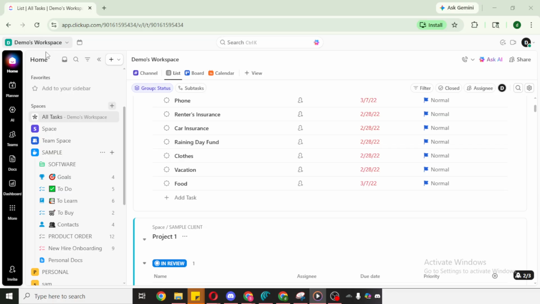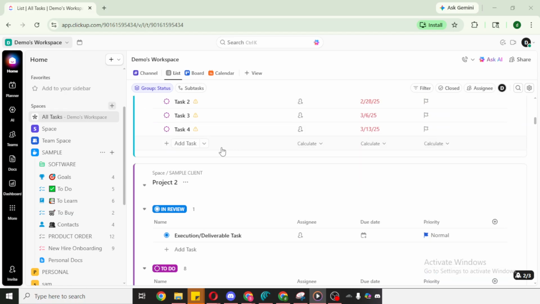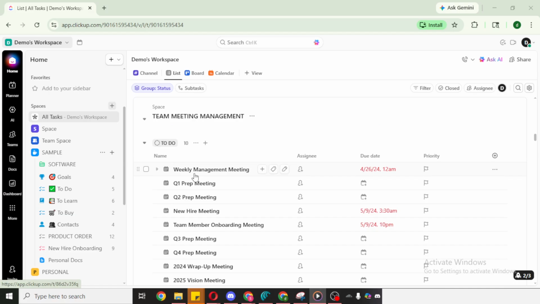Next, click into the specific project that contains the tasks you want to combine. In ClickUp, your tasks might be organized inside a space, a folder, and then a list. However your workspace is structured, navigate to the exact place where the tasks live so you can see them together. You can use list view, board view, or another layout, but list view often makes multi-selecting tasks straightforward.